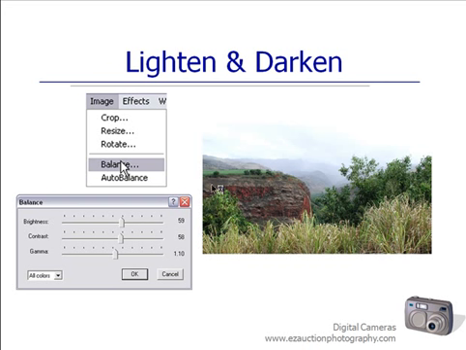Now there's a lighten and darken. Lots of times, especially in those extreme light, snow, extreme dark situations, your camera may not